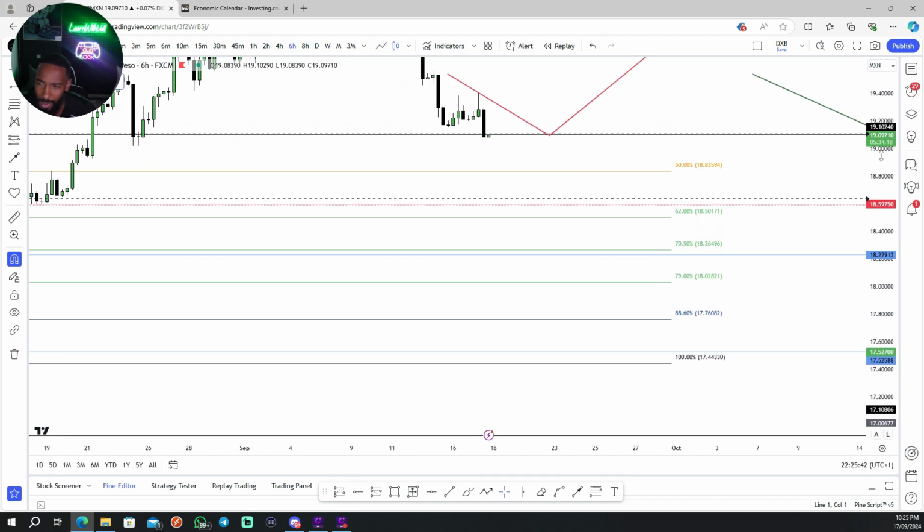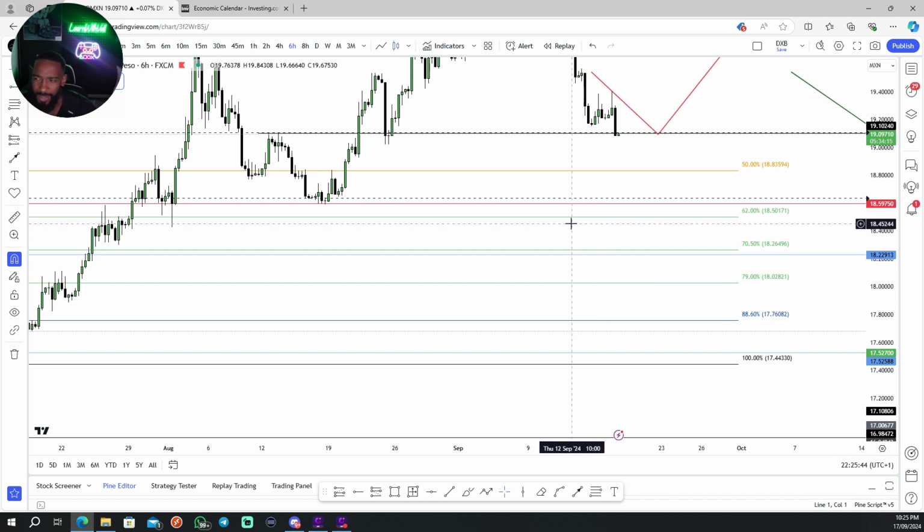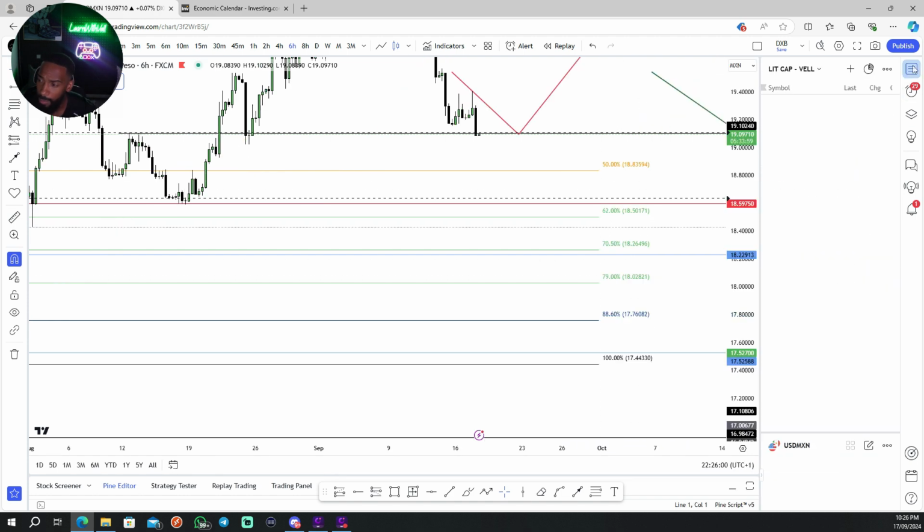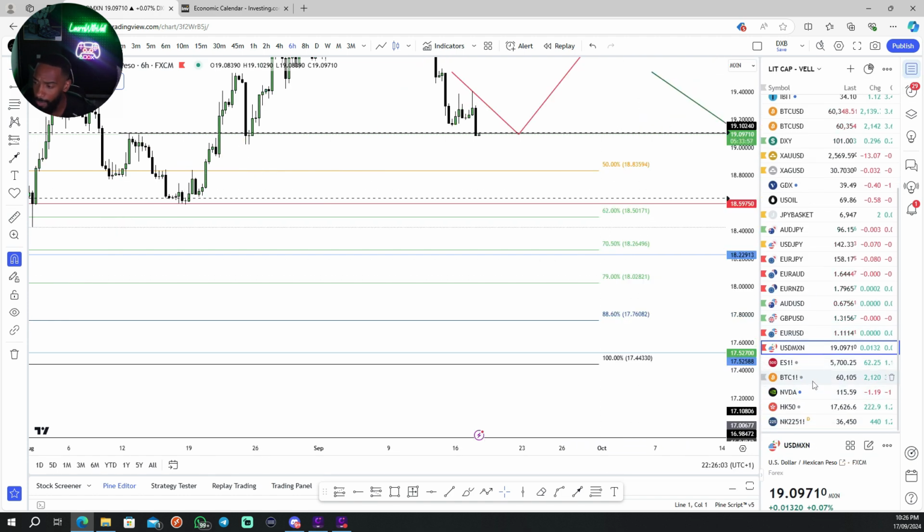We want to see how this works out. We don't want to force our hand. We don't want to get too anxious. We just want to see how price reacts. Price may pull back up and continue coming lower. We want it to come lower. I just told you guys of Euro JPY. In this case, the lower it comes, the better it is for us to be able to buy this and go long. So US dollar Mexican peso is also going to be on my hit list, guys.